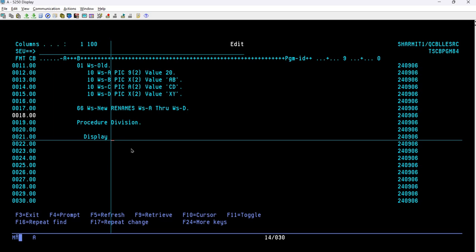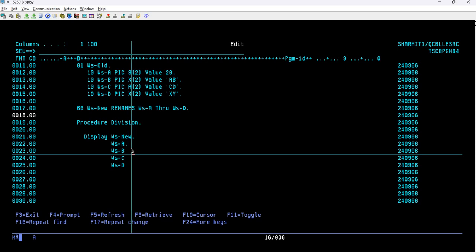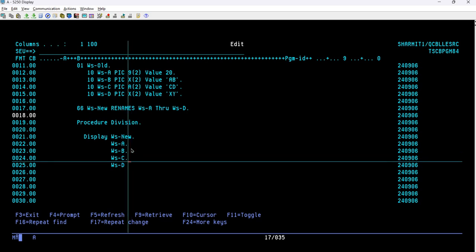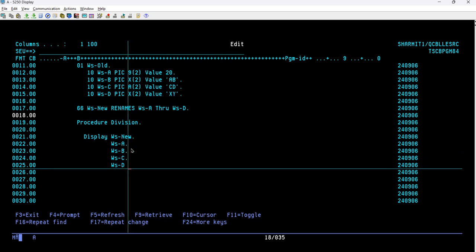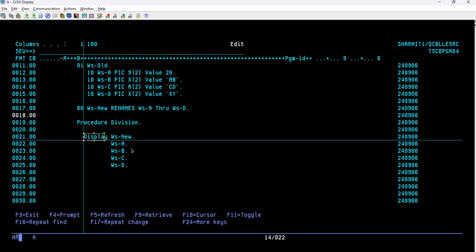Okay, let's first print WS-NEW, so that we can easily find out what values we have noted down. Then all the variables, okay, and then we can use DISPLAY,